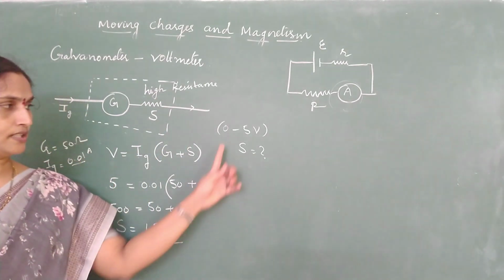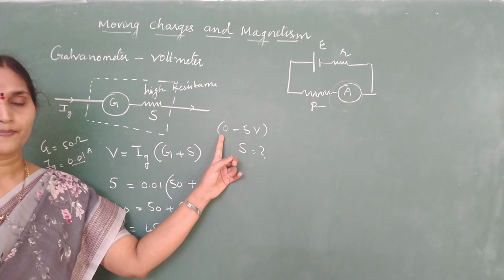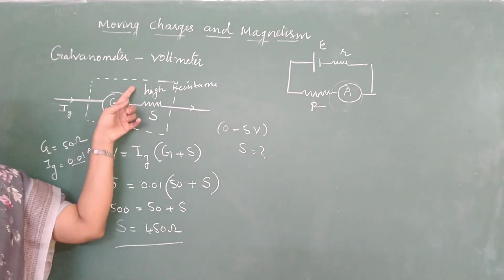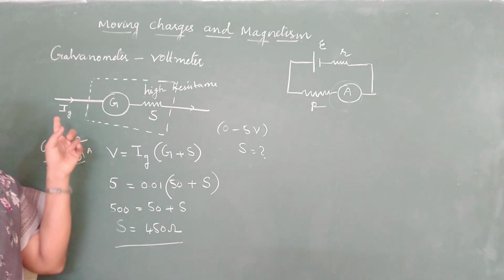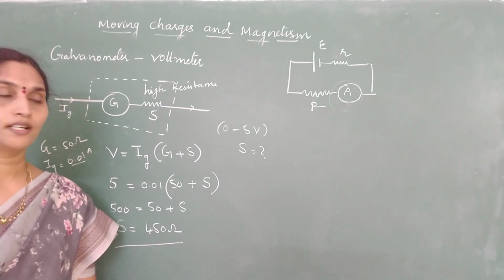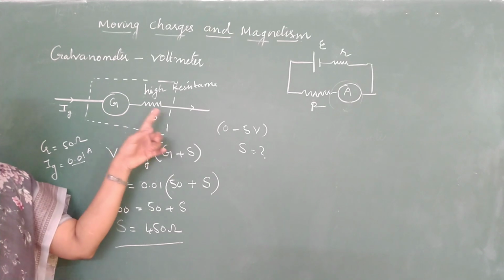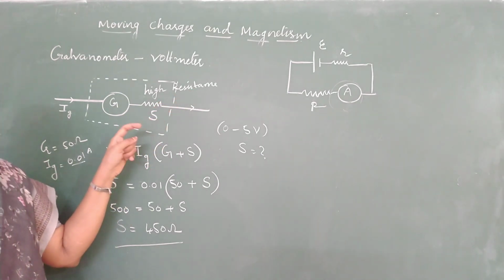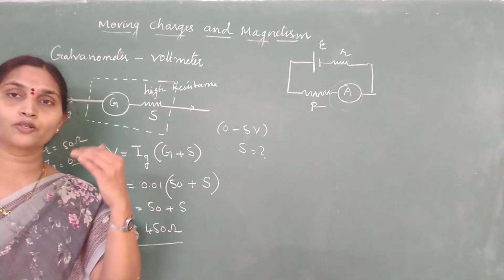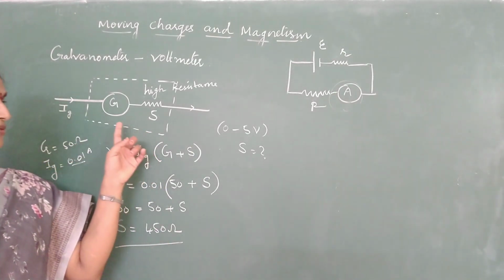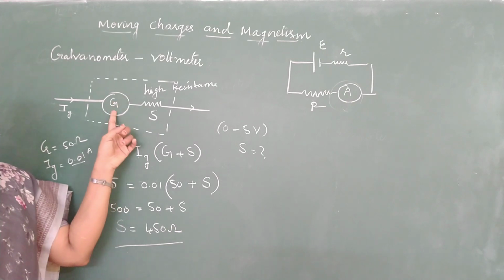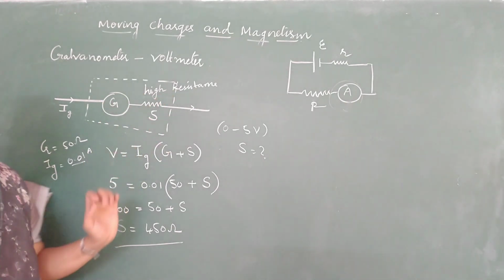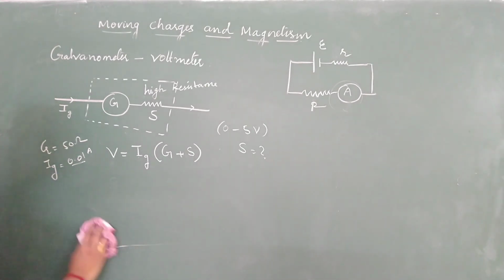Erase the values of Ig, mark the values of V. So it will indirectly indicate the potential difference instead of indicating the values of Ig. This is how you can convert a galvanometer into a voltmeter by adding a high resistance shunt in series. For an ammeter it is a low resistance in parallel, and for a voltmeter it is a high resistance shunt in series. Then how will you connect this voltmeter?